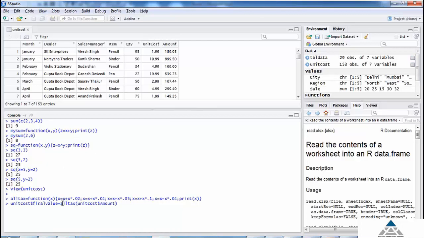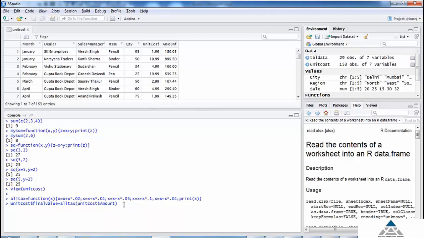Here, we are using it to look for the columns final value and amount in the unit cost data. In the column final value, we wish to generate the amounts inclusive of taxes using the user-defined function, and this AllTax function should be applied on the column amount in the unit cost data.